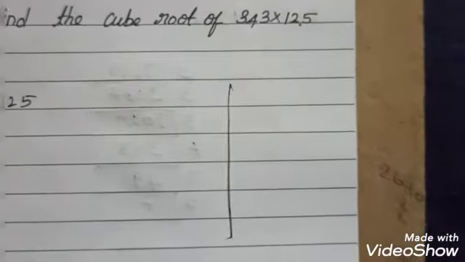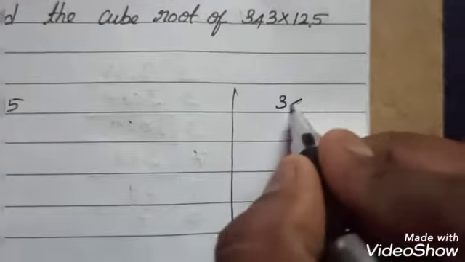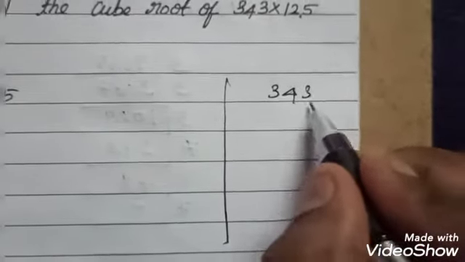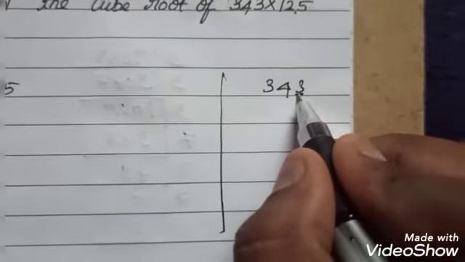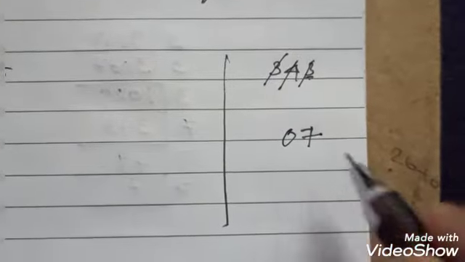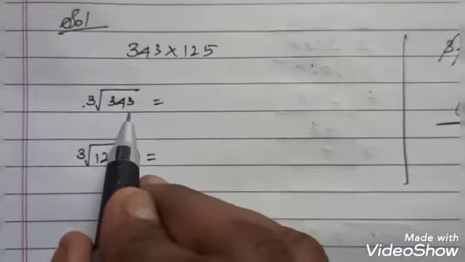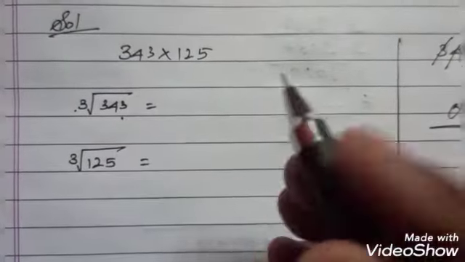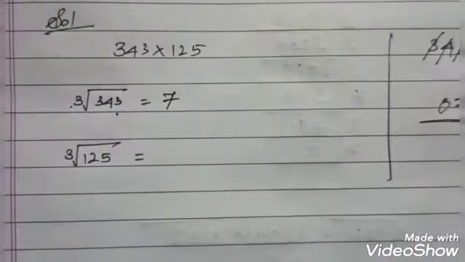rough work column. In rough work, you find it by using the digits. So you can see 343. The 3 means, what is the unit digit of the cube root? It seems to be 7. So next, you need to strike out 3 digits, that means ones, tens, hundreds. Remaining there is no value, so it seems to be 0 in the tens place. So what is the value? The cube root of 343 we directly know by using this is 7.